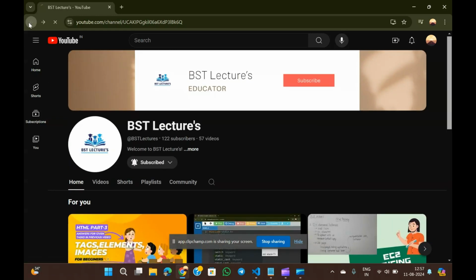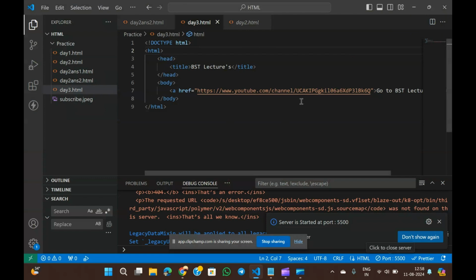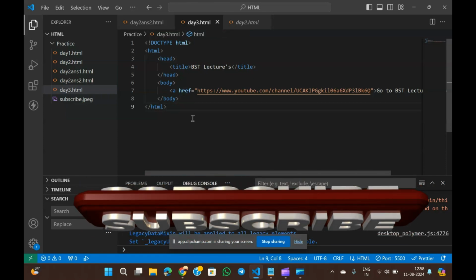Okay, this is the way that the anchor tag works. Let me explain what href is. Href is an important attribute that holds the destination's link. This is the link, and it is held by which attribute? The href attribute. The anchor tag is an important tag used in HTML to reach from one location to another location. This can be used in several ways.